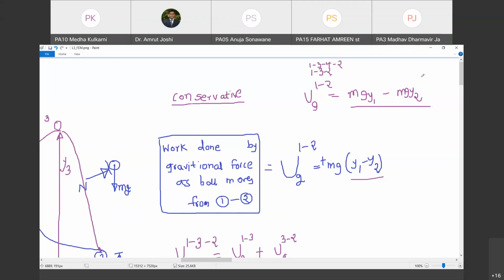और मुझे दिख रहा है कि I can replace this by a functional form mgy. Are you with me? दोनों जगह पे वैसे ही है, देखो. And I will call mgy1 as its potential energy at position number 1 and I will call mgy2 as its potential energy at position number 2. This is after thought. ये जो एक्सप्रेशन देखा, वो एक्सप्रेशन y1 और y2 के जगह पे सेम रह रहा है और उनका सब्ट्रैक्शन गिव्स मी ए फिजिकल क्वांटिटी व्हिच इज टर्म्ड एज वर्क डन बाय ग्रेविटेशनल फोर्स. डू यू एग्री विथ मी?